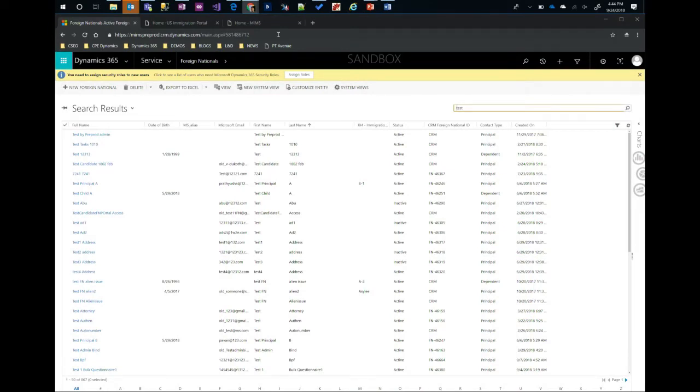So we'll quickly look at some of the interfaces, or the UI experience, for the system. Now, if you look at it, this is your native Dynamics CRM, or customer engagement, wherein the attorneys or the paralegals work on the cases. These cases could be generated from the HR system or created by the attorneys themselves. They come into the system into a queue. Now, every attorney or every paralegal has their own queue.